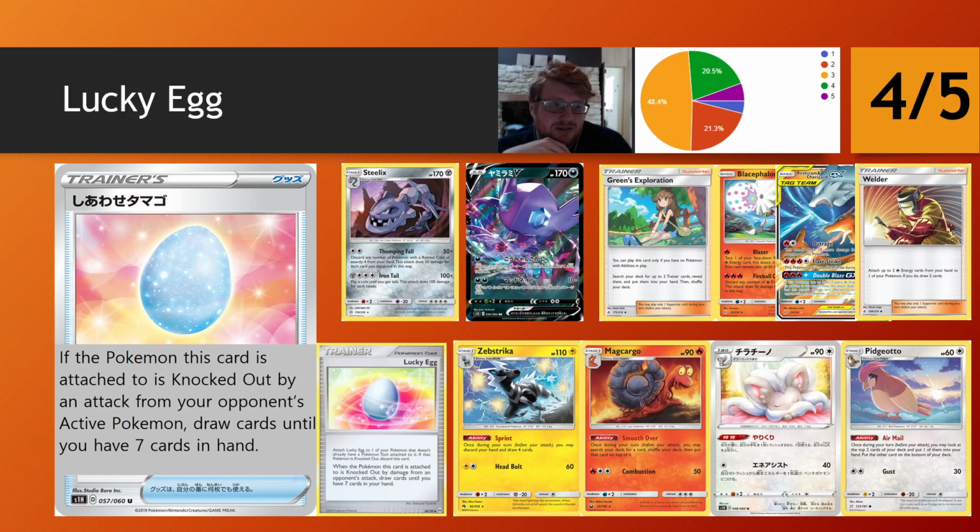So I think it's okay bumping it down to the 3. In the new set, we do get Tool Scrapper. I don't think Tool Scrapper is going to see a huge amount of play because Garb's not in the format, and basically that was the only time Tool Scrapper did see play. So I think Lucky Egg isn't really hurt too much by the new set stuff,